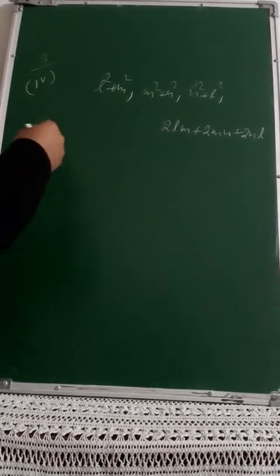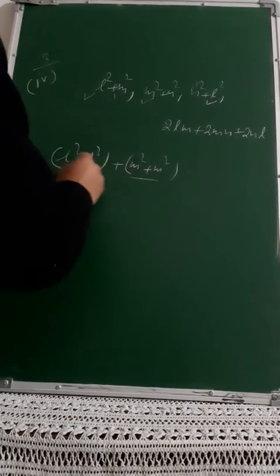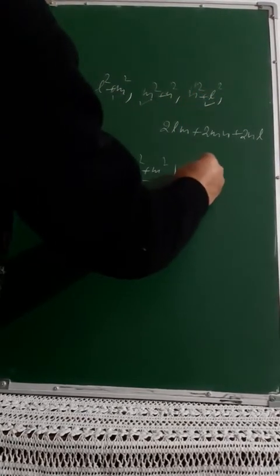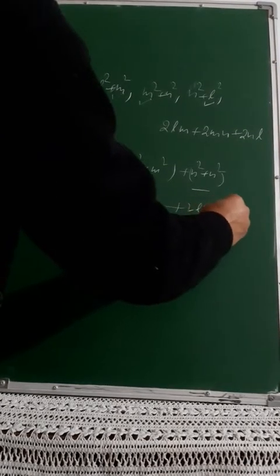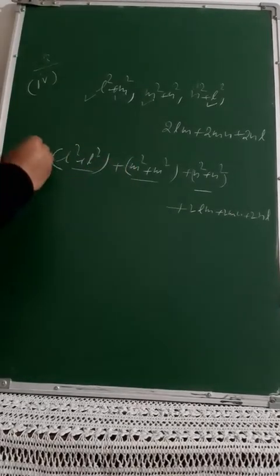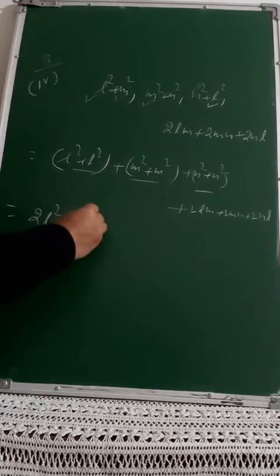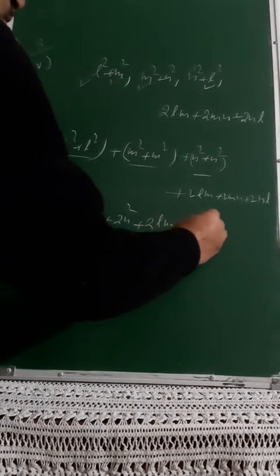So you see, if I see L square, these are like terms. L square plus L square, you can club together like terms. Then M square plus M square, you club these together, again like terms. And then N square plus N square, again two like terms that can be added. These all are unlike, so we have to write them as they are: 2LM plus 2MN plus 2NL. So finally your answer will be 2L square plus 2M square plus 2N square plus 2LM plus 2MN